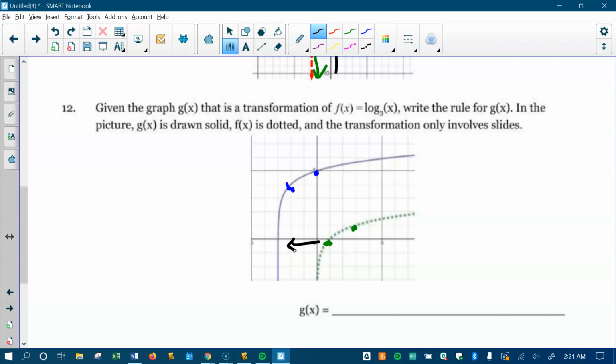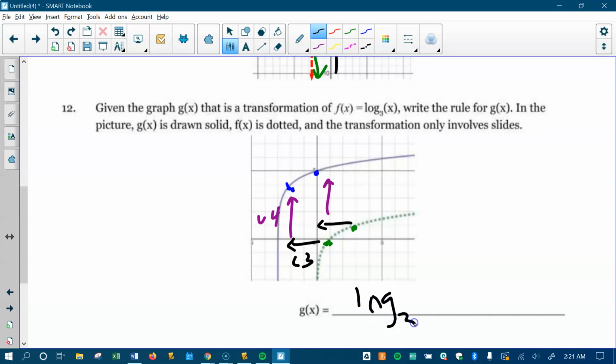That looks like it went left 3, 1, 2, 3, left 3. And it also looks like it went up 4, 1, 2, 3, 4. I'm just going to check with the other point and see if that did the same thing. Let's see, this went left 3. Yep. It also looks like it went up 4. Perfect. So my transformation then to go left 3,